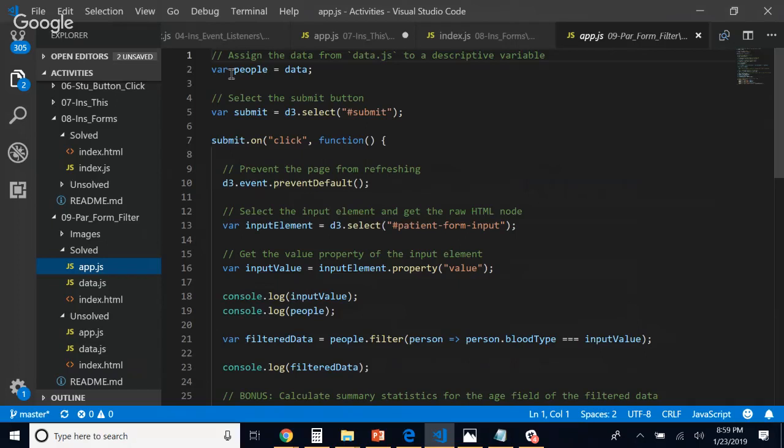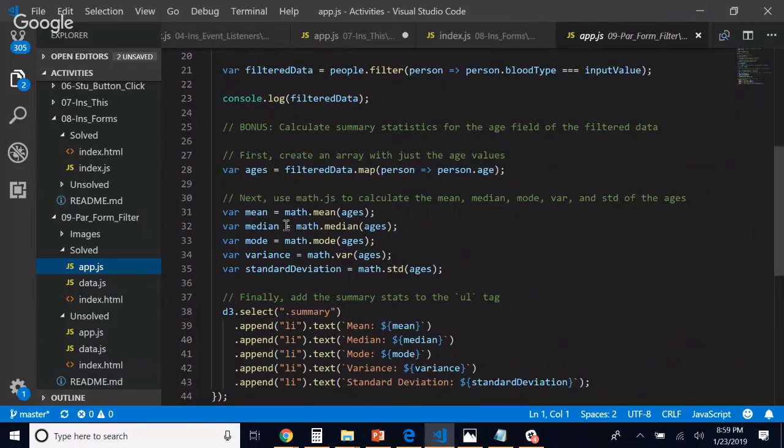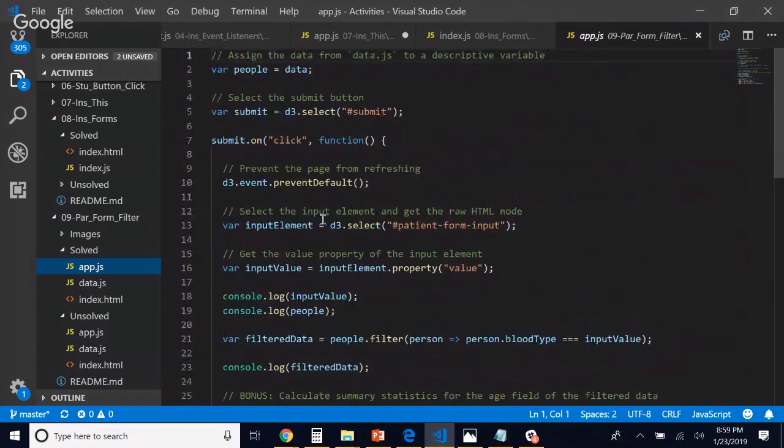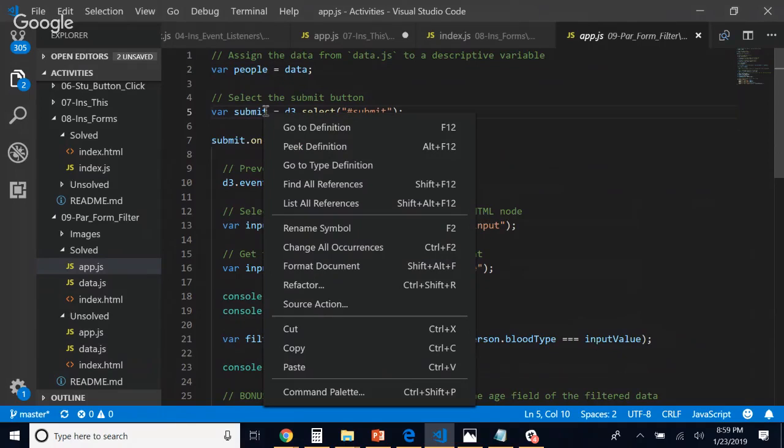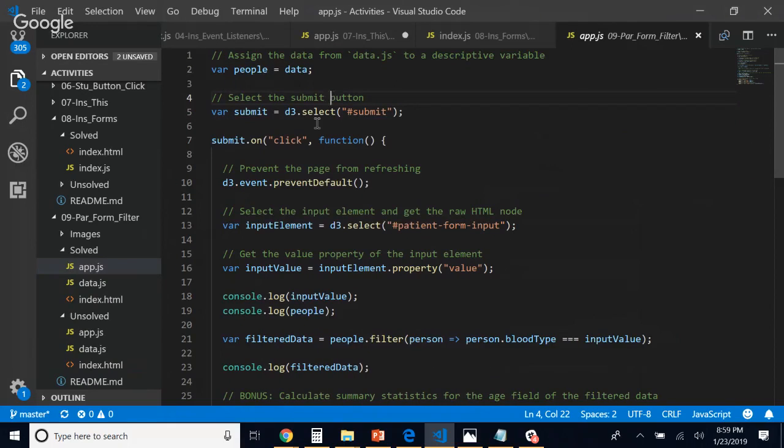First, even before that, I don't think we have talked about these functions here, so I'll have to walk you through what that means. For simplicity, you will name the data as people. You don't have to do it; you can name it data itself and go from there. But you're defining all these variables, which means you can use them later as needed. Again, you don't have to do it, but defining